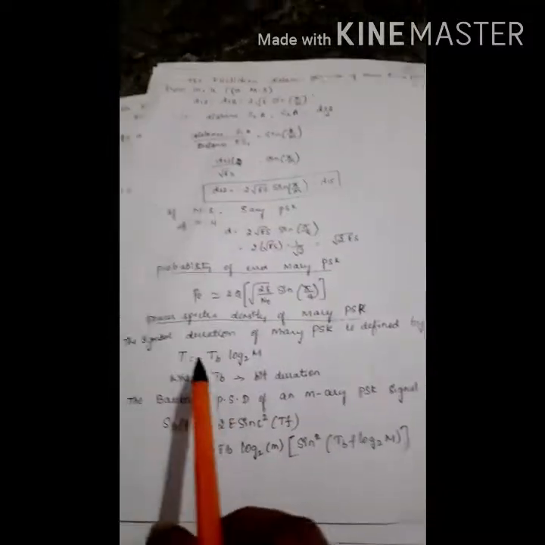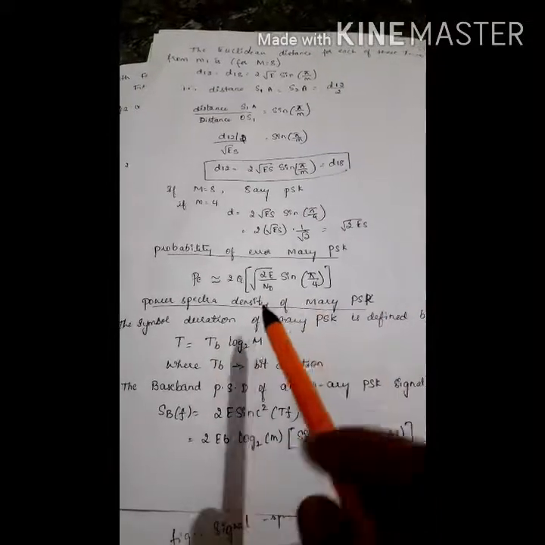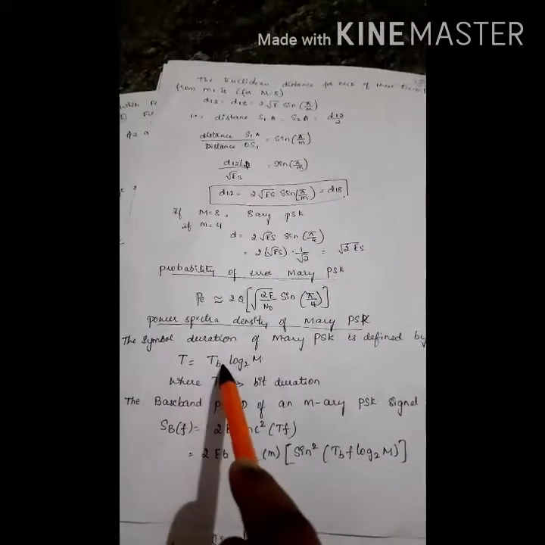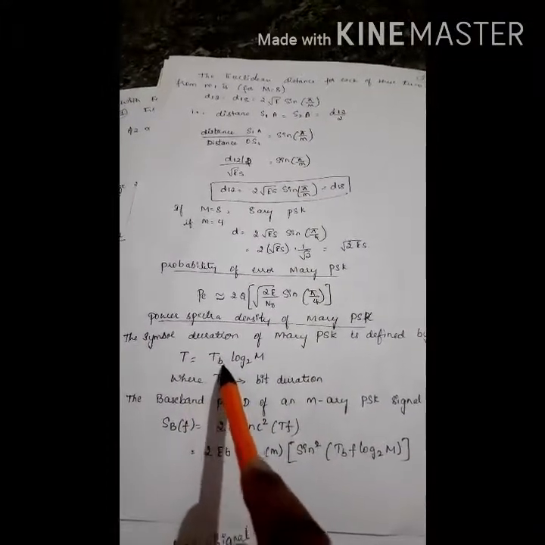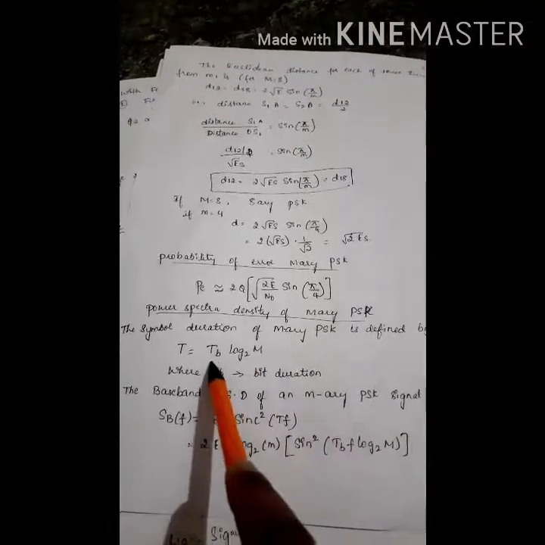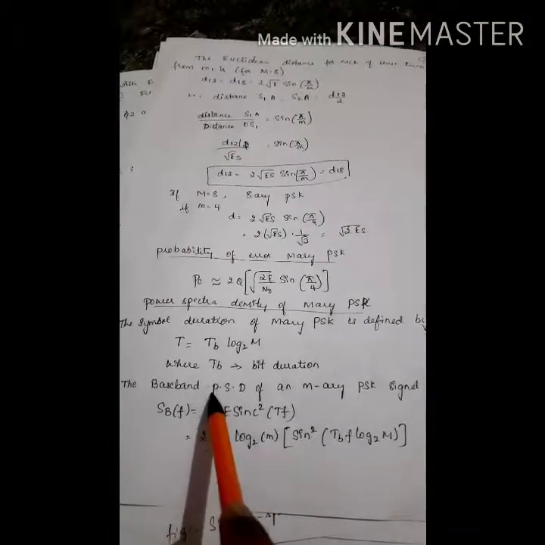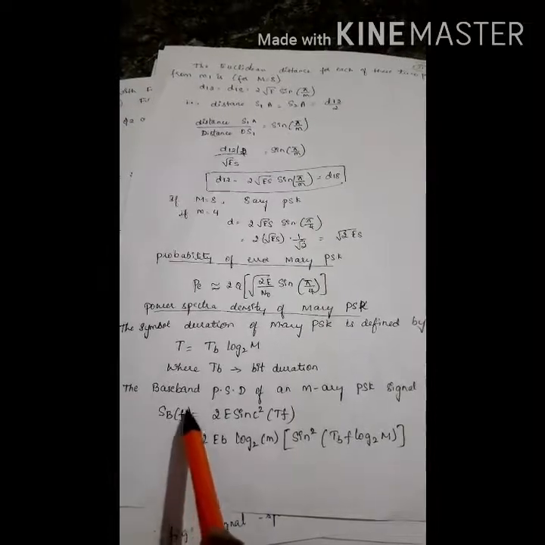And next is the power spectral density of the MRI PSK. Here, in the power spectral density, the main thing we need to calculate is the symbol duration. The symbol duration of the MRI PSK is defined by T equals TB into log base 2m, where TB is considered as the bit duration. And next, the baseband power spectral density of an MRI PSK is given by SB of F equals